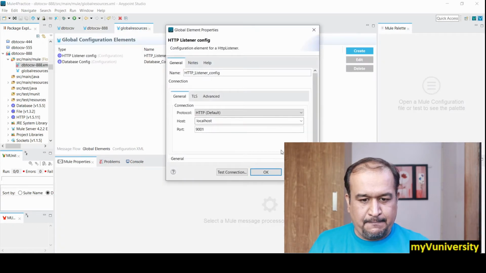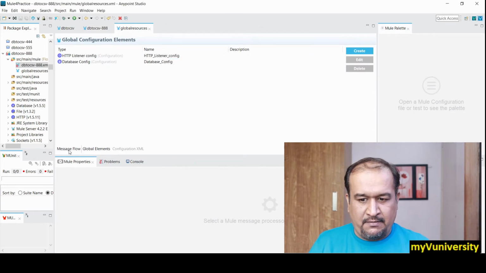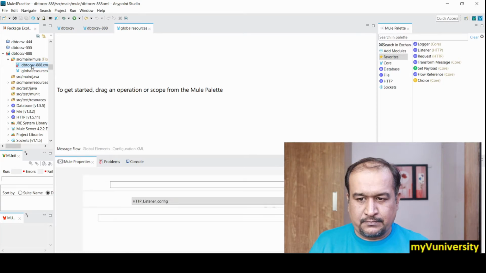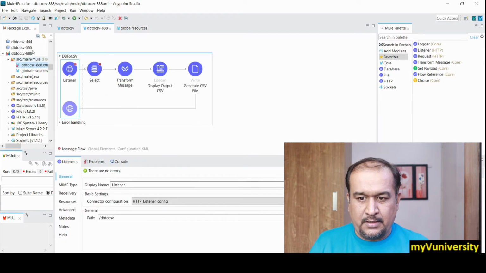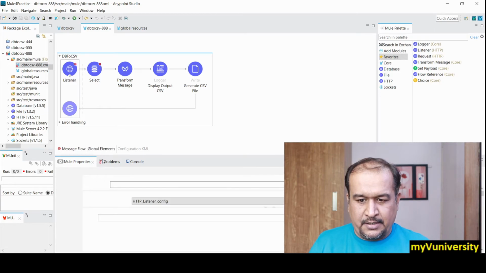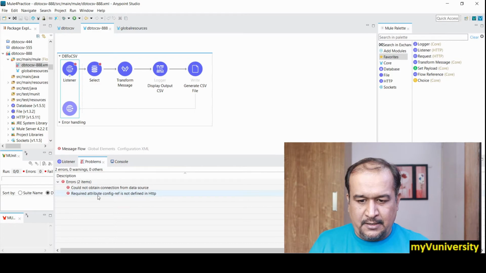So this is what I have, and my message flow will be this one. Let me save this. That got rectified, but it looks like it is still appearing.